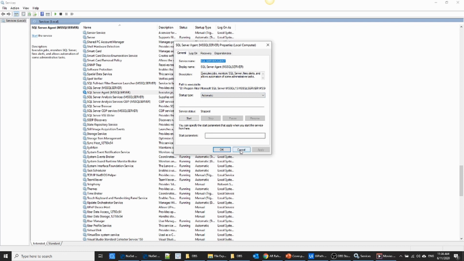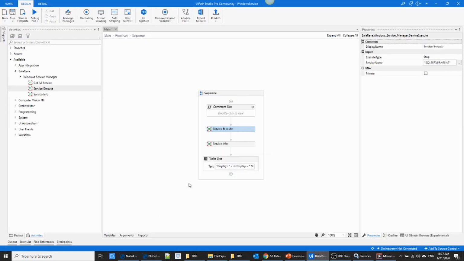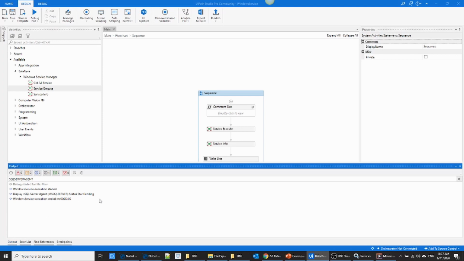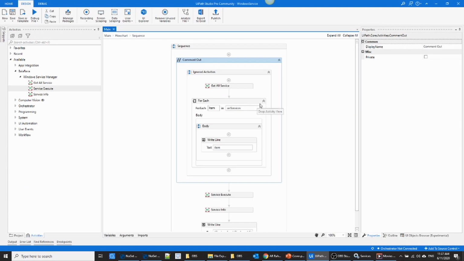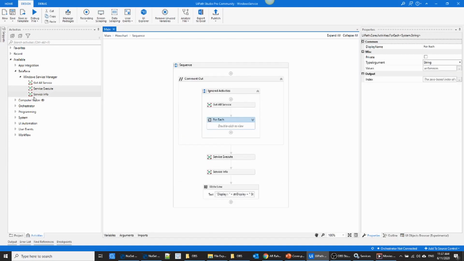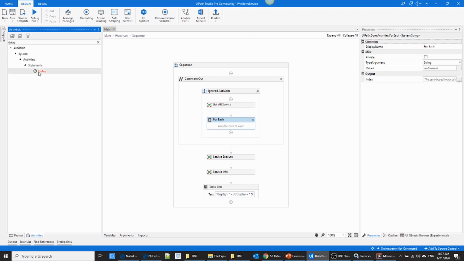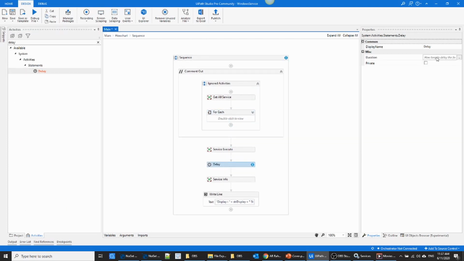Yes, it stopped. So I am going to start it again using the same activity. I am just going to change the execution type to start. I'm going to execute the process. When you go here, the status is start pending, because it immediately tried to bring the status. Maybe we can add a delay, just for 5 seconds.